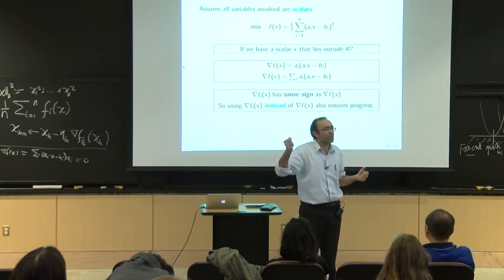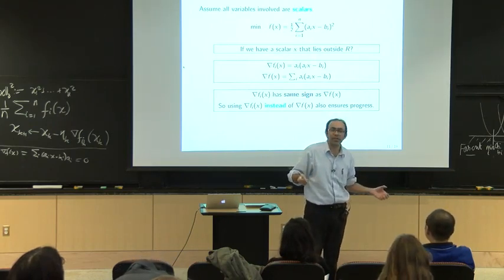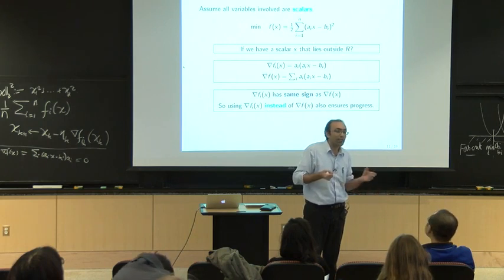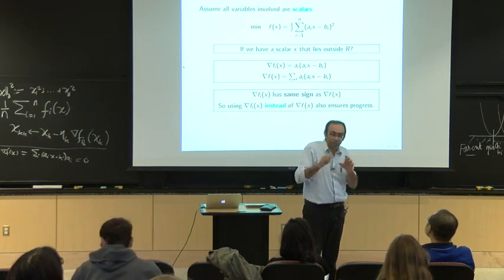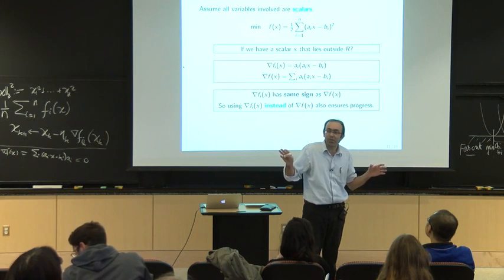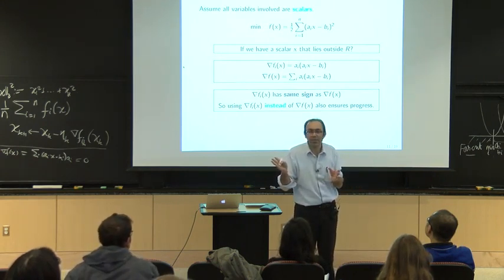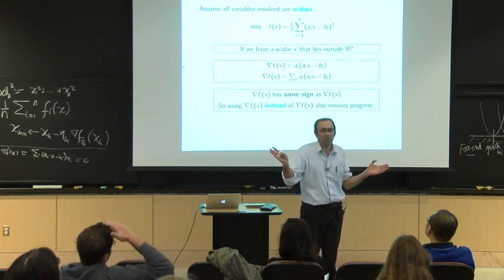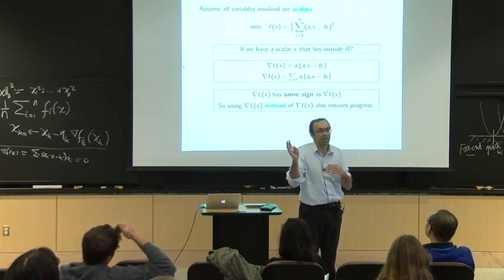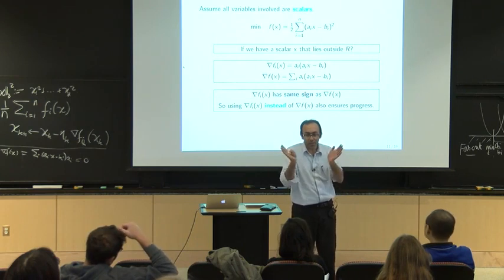What does gradient descent do? It says, well, walk in the direction of the negative gradient. And if far away from the optimum, outside the region of confusion, your stochastic gradient has the same sign as the true gradient, maybe in more linear algebra terms, it makes an acute angle with your gradient. So that means even though a stochastic gradient is not exactly the full gradient, it has some component in the direction of the true gradient. This is 1D, here it is exactly